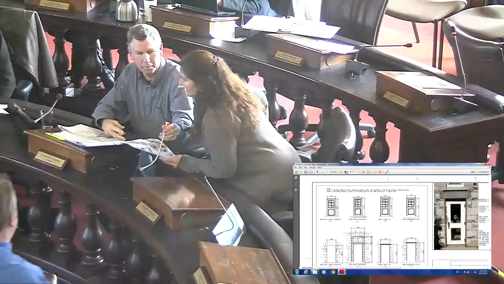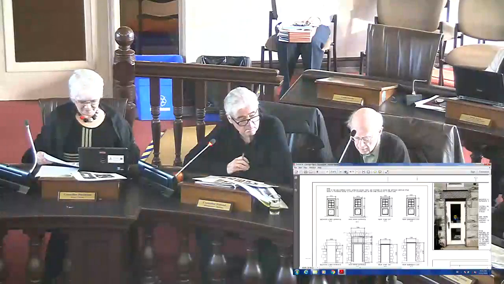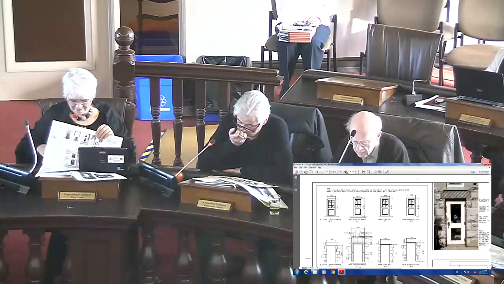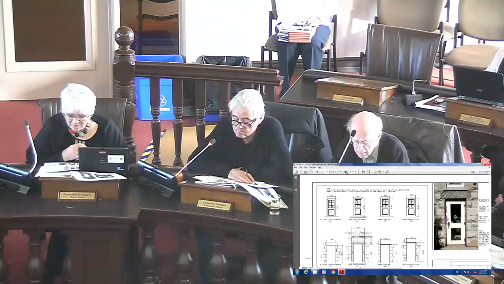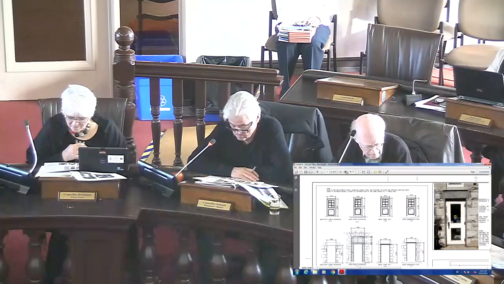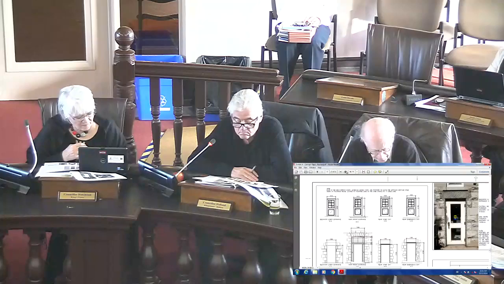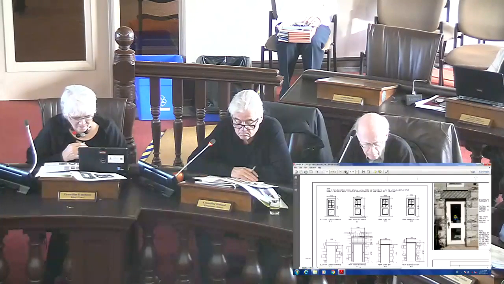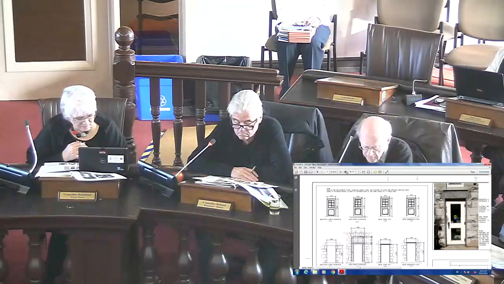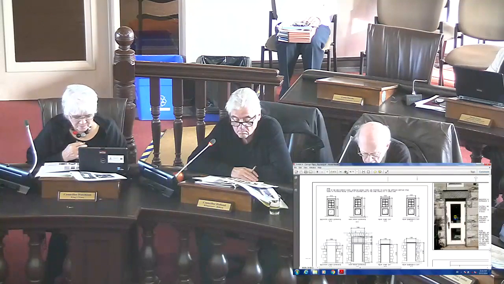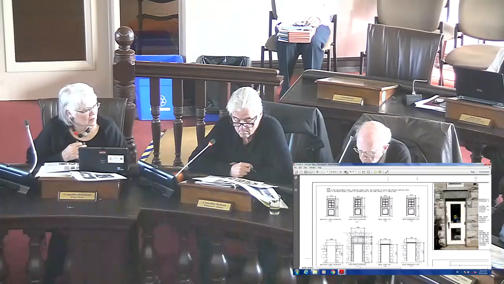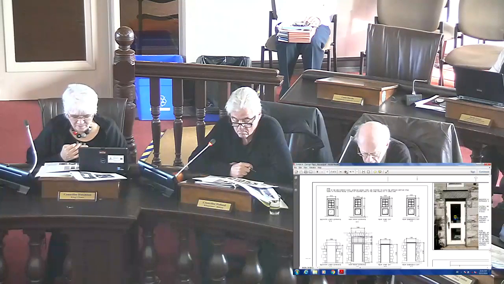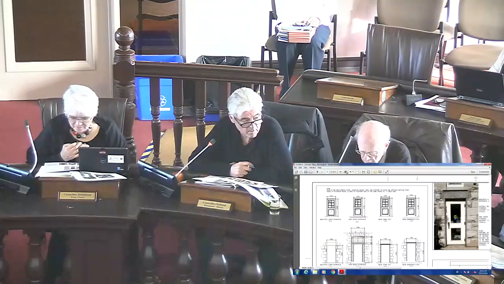So the drawing that we're looking at, on the top right-hand side that has been handed out, you can see the hatch marks that show the areas of lintel above the door and the masonry stonework on either side of the door that will be removed. If you look at the picture on the left-hand side of that one, top row, center, you'll see a close-up of the masonry stonework that is existing. It has a lot of cut marks. It has obviously been retrofitted at some point recently and is not original. We are proposing that that section on either side, it's identical on either side of the opening right now, we're proposing to take that section out